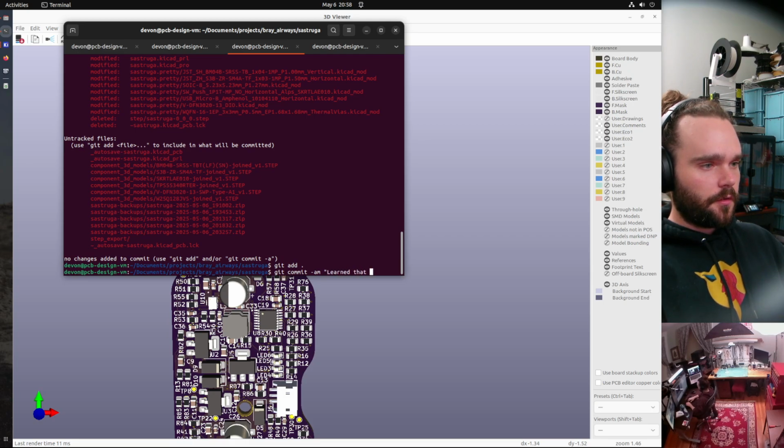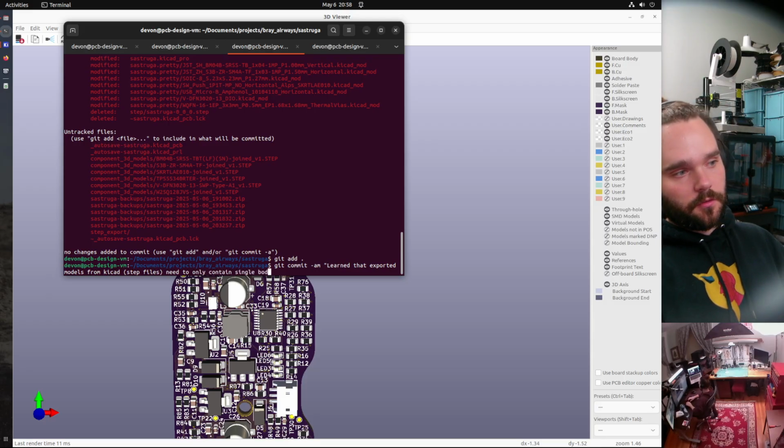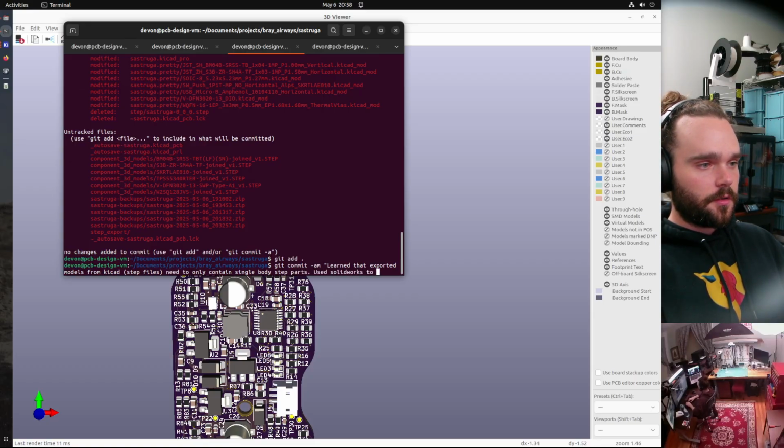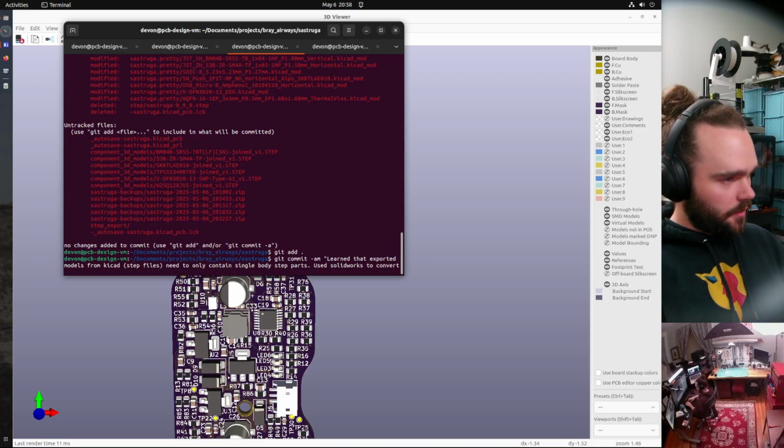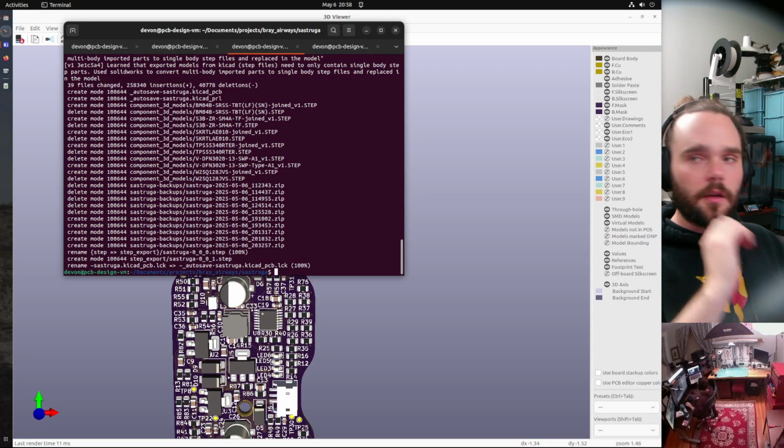Learned that exported models from KiCad step files need to only contain single body step parts. Used SolidWorks to convert multi-body imported parts to single body step files and replaced in the model. Alright, sweet.